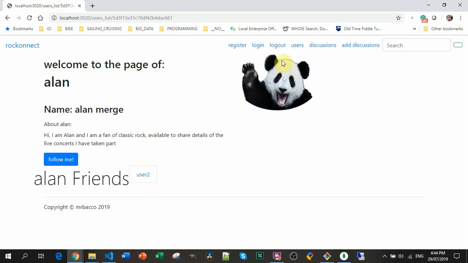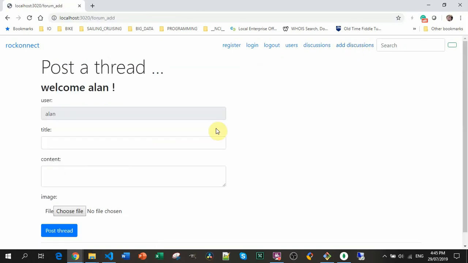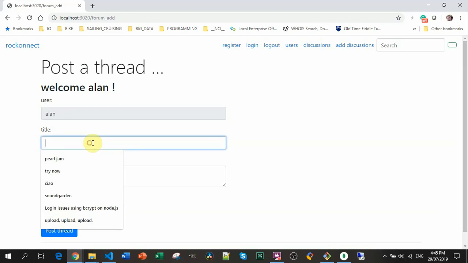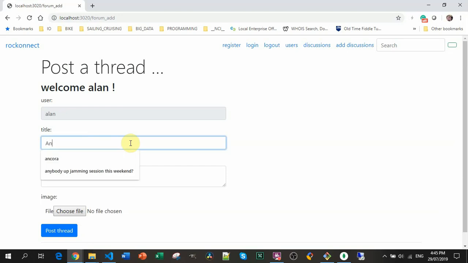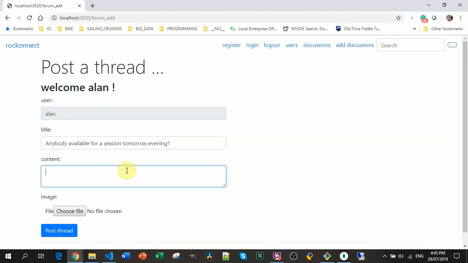As a logged in user, I can also participate in the discussion and get to the discussion page, where the system already knows that I'm logged in, because I have an account and the session open, and I can post my thread. So I can say here, anybody available for session tomorrow evening, and then here I can put the content of the session, which is I would like to